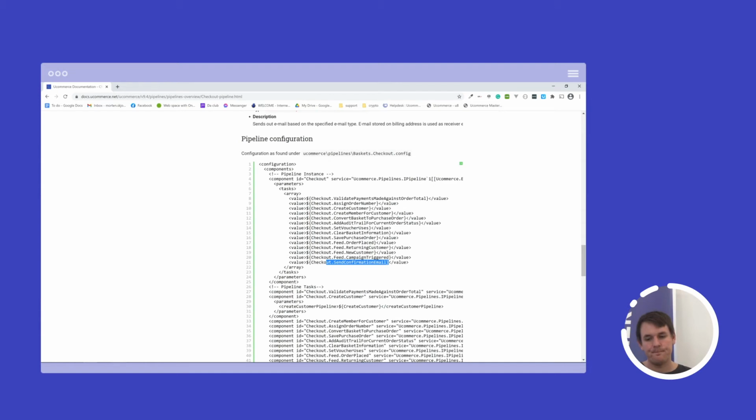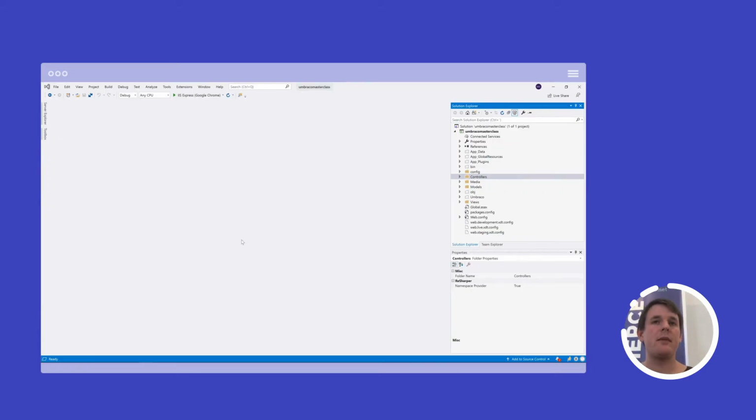Okay, so I am back in my Visual Studio solution, and it's now time to take a look at writing an actual pipeline task for the platform. The way that we can do this is by creating a new class. We can place that in a new project if we want to.